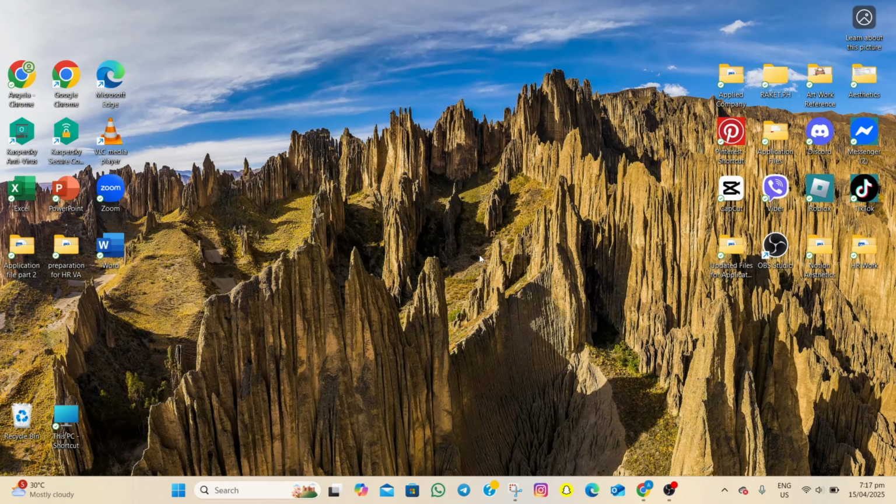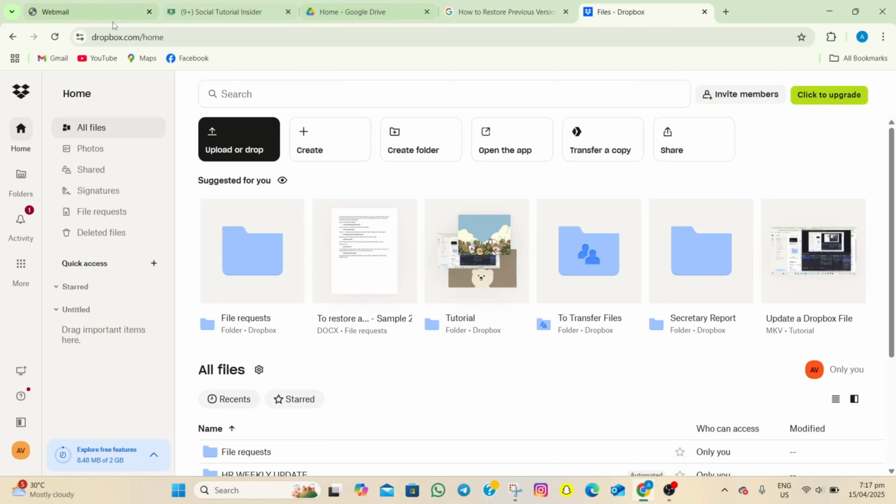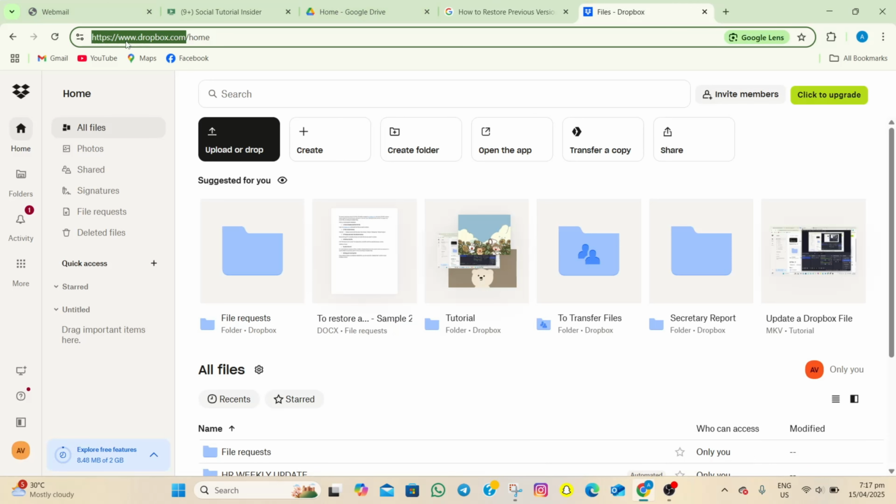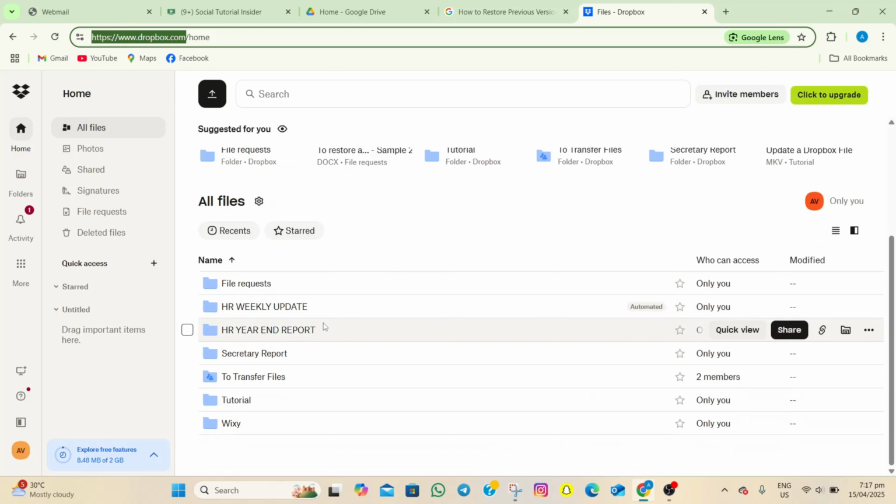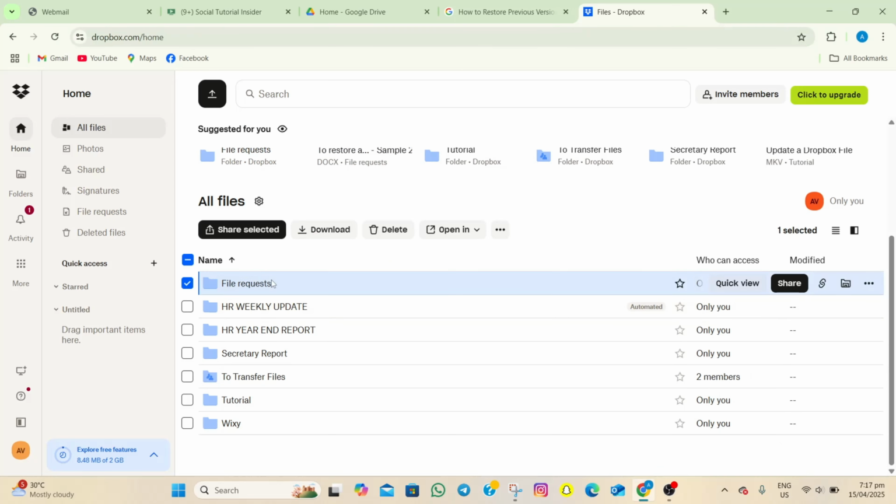So to start, the first thing that we need to do is to open our browser and then search for dropbox.com. After that, simply log into your account. Once you're logged in, you will have to scroll down and then simply select the file that you want to restore the version. So as an example, I'm gonna open this folder, and then in here, as you can see,